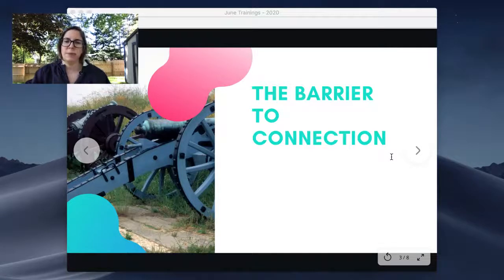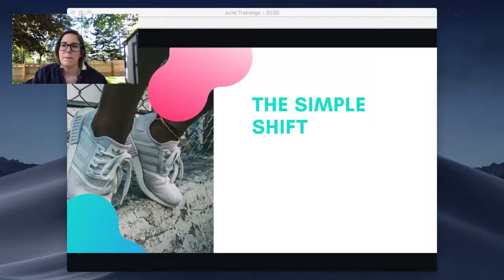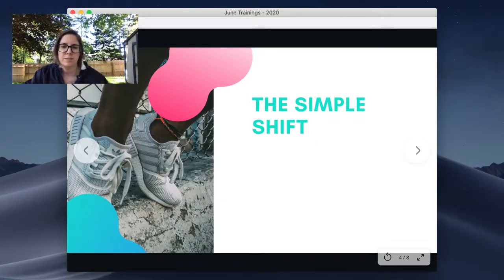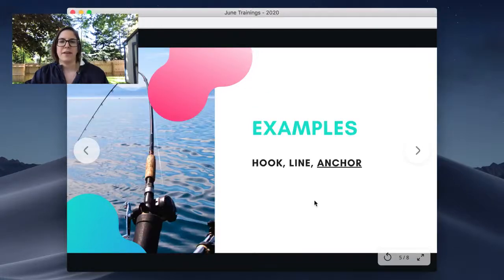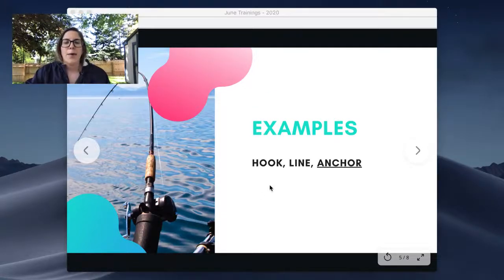And I'm going to give you some examples, and they're not scary. And you still can't see, I hate it when you still can't see my simple shift picture. Simple shift. Now you should see my simple shift picture. Okay. So I'm going to give you my examples, and it's probably going to take 20 minutes to see my little cool anchor there. Oh, no, there it goes. Okay, so,